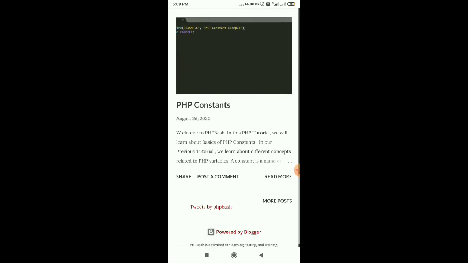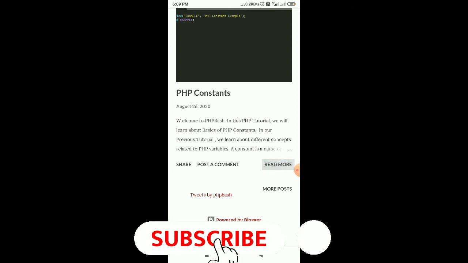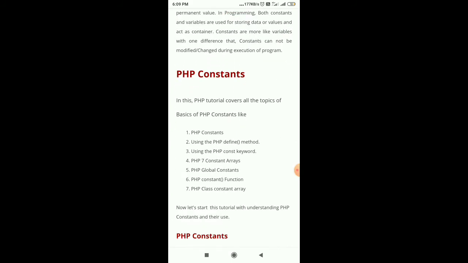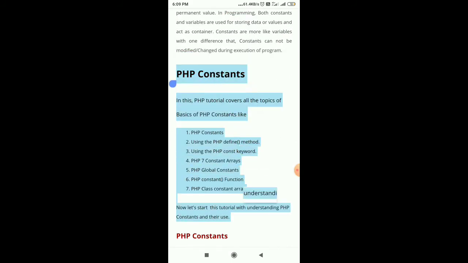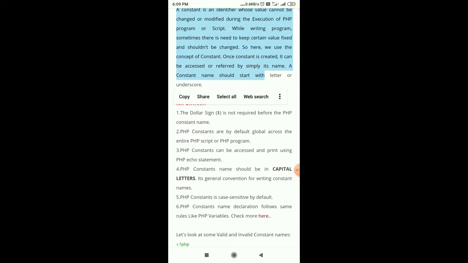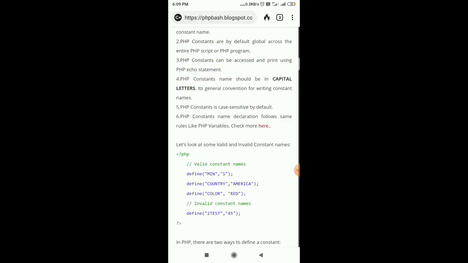From this blog I will copy certain contents. Okay, so for example, we will copy this, PHP constants, up to this I will copy.